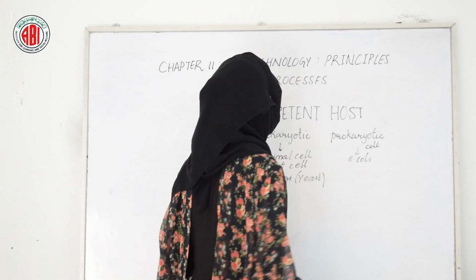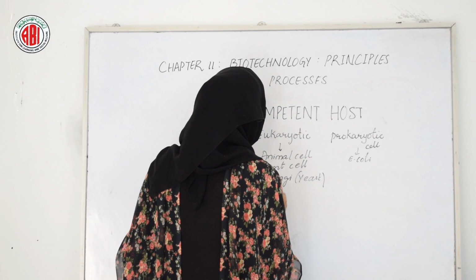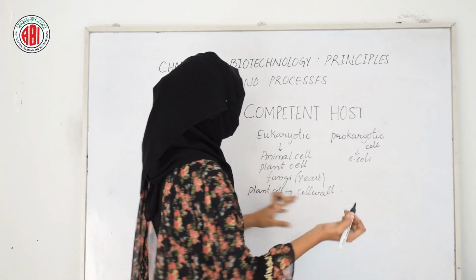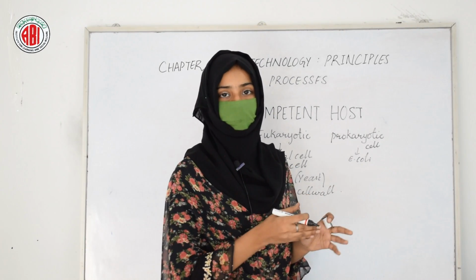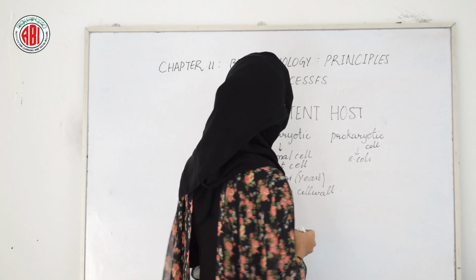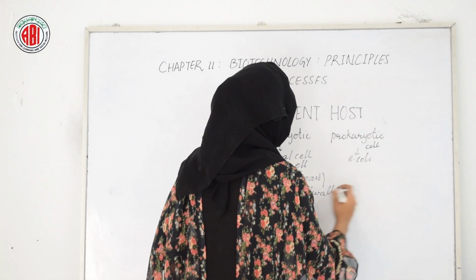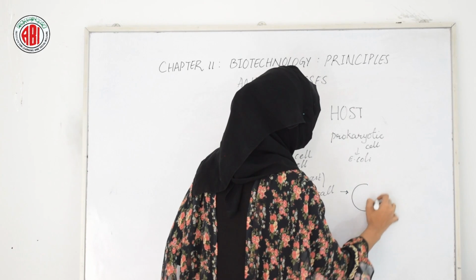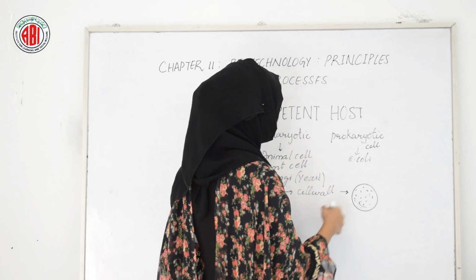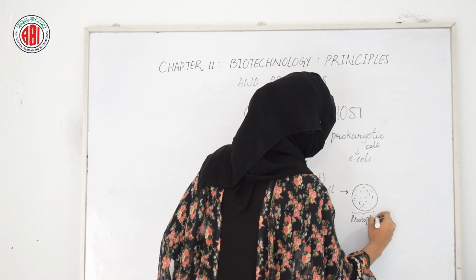coli, bacterial cell. Now, if we are using a plant cell as a host cell, then firstly we need to dissolve the cell wall that is present as an outer covering, and to digest the cell wall, certain enzymes are required. We have already discussed that certain enzymes are required that help in the digestion of the cell wall. After the digestion of the cell wall, when the cell is present with the cell membrane and all the contents are present inside, that is cytoplasm and all the cell organelles, this type of cell without a cell wall is called a protoplast.